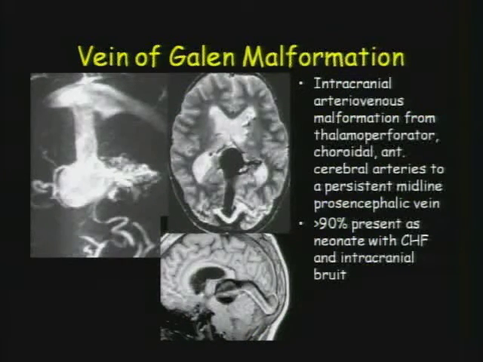malformation. You have thalamoperforators, choroidal arteries, anterior cerebral arteries that then anastomose directly to a midline prosencephalic vein. So the blood goes rushing up through this AVM and back down into the chest, and that's why these kids present with congestive heart failure and a wide upper mediastinum. The bad thing for these kids is that all this blood that's rushing through the AVM doesn't go to give